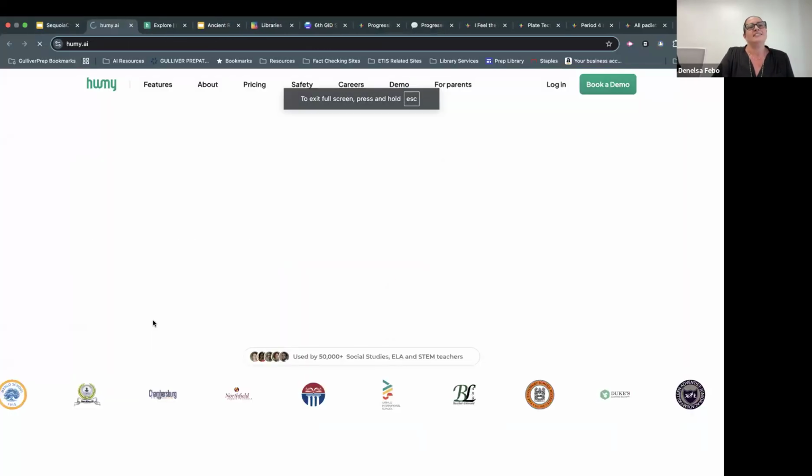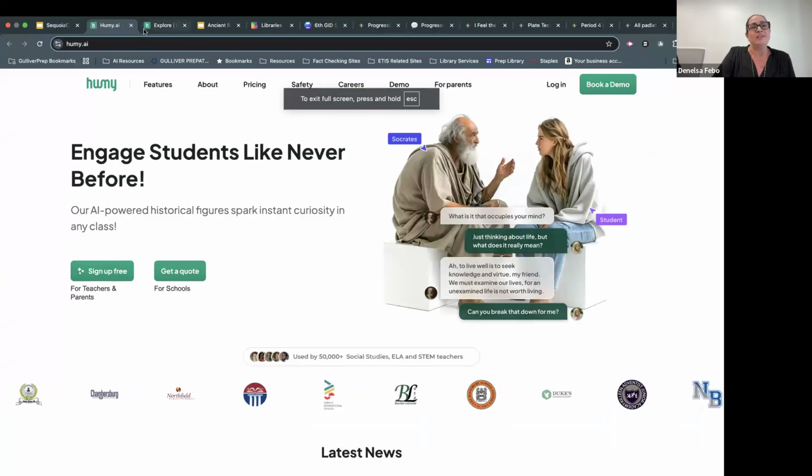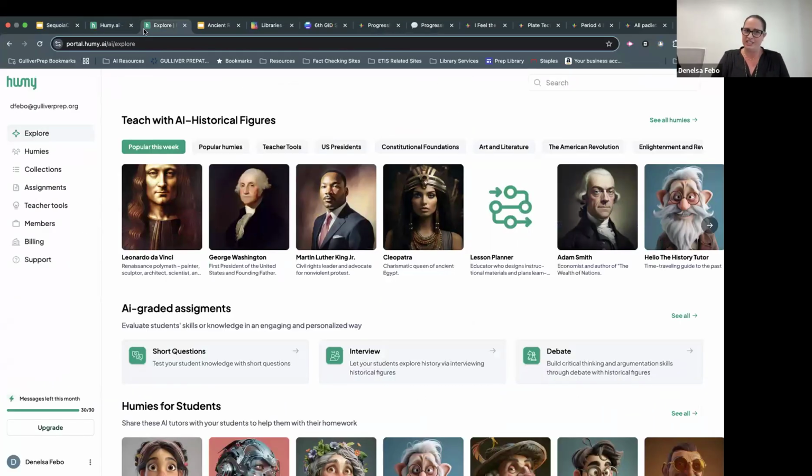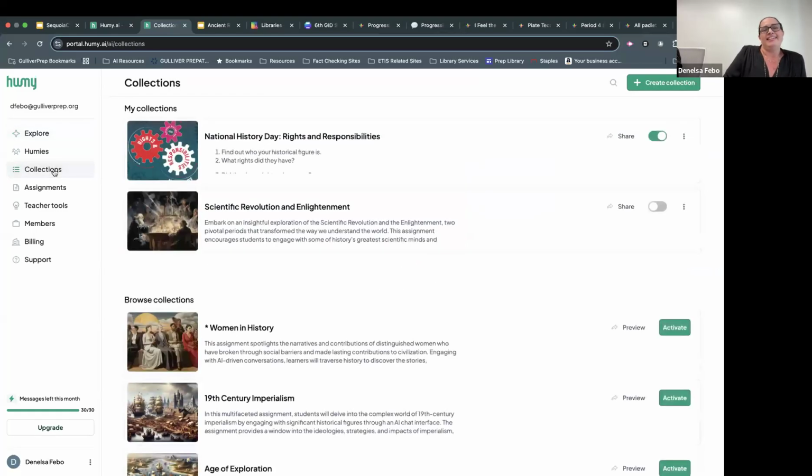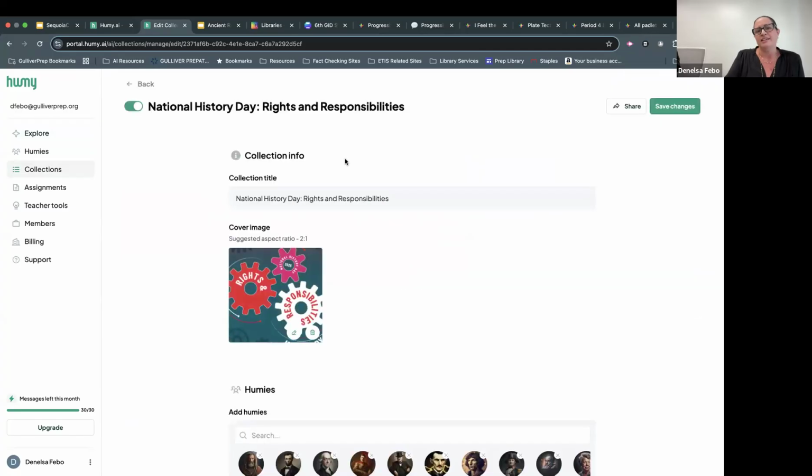It's definitely something that our students found interesting. It increased their engagement. Basically, the students can converse and have these conversations with AI historical figures. And as you can see, you've got Leonardo da Vinci and Martin Luther King and Cleopatra. But as a teacher, you can create collections. And this year we created a collection for rights and responsibilities, and we curated the historical figures that they could